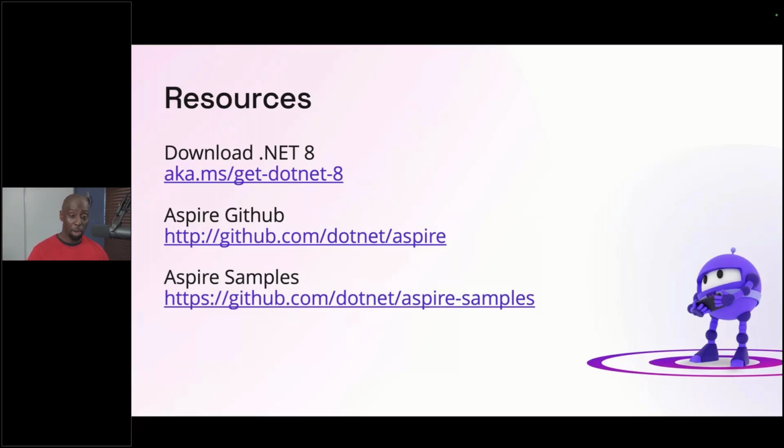When you build your project and you publish it, it will generate a manifest file, and that manifest file can be interpreted by different tools. If you've seen any of the demos on YouTube or read any of the documentation, if you use the Azure Developer CLI, it's able to look at that output and provision your Azure resources for you. It will generate that bicep for you. It will deploy those things in Azure for you if you wanted to.